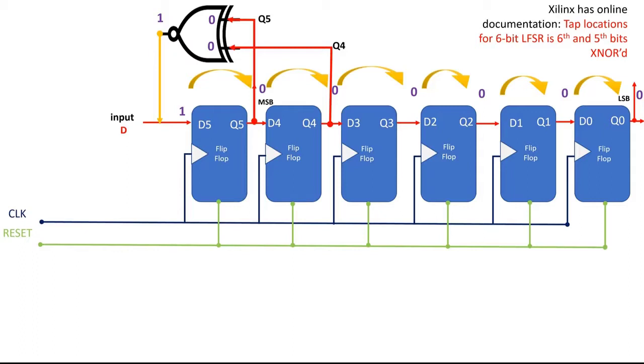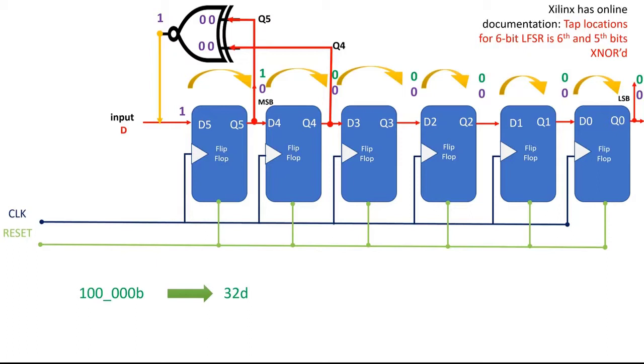Everything will move from left to right, and therefore the new logic at Q5, Q4, Q3, and so on, when the clock edge arrives, is going to be 1, 0, 0, 0, 0, 0, which makes a code for 32. So once you trigger the random number generator, the first number that appears will always be 32 if everything was initialized at 0. When the next clock comes, Q4 and Q5 will still be 0, and the logic